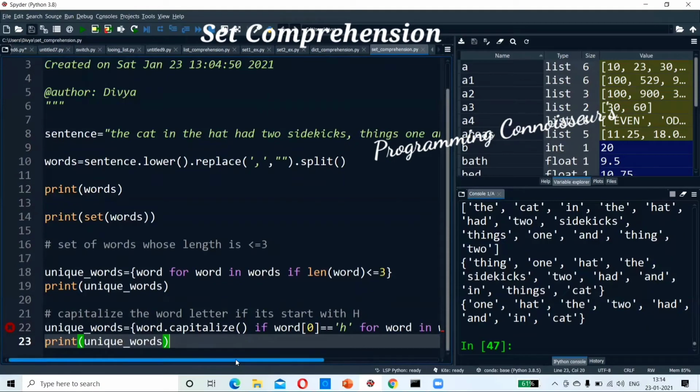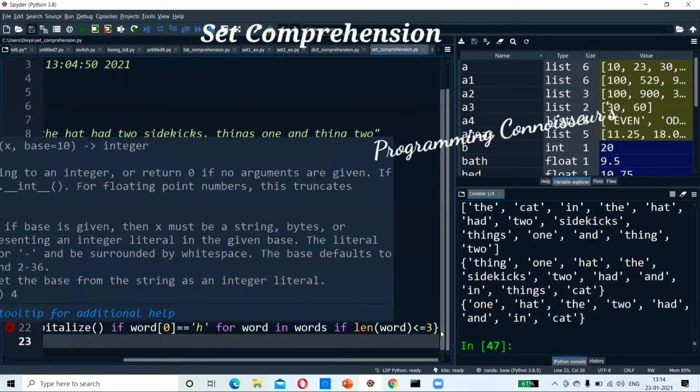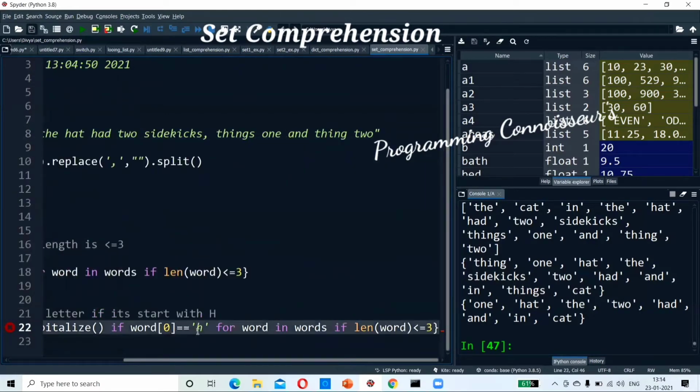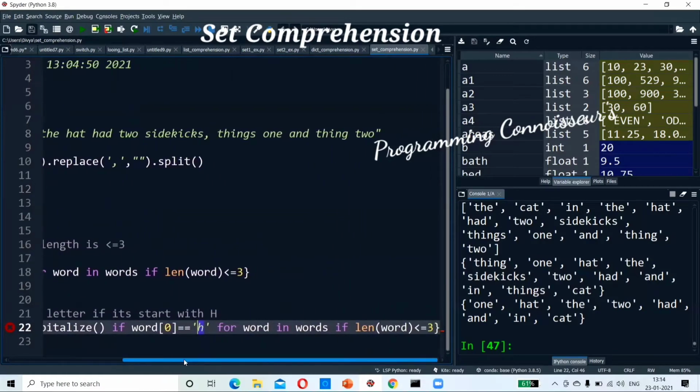Invalid syntax. What is the invalid syntax here? Which one? No, why would it be in parentheses? It's only right.